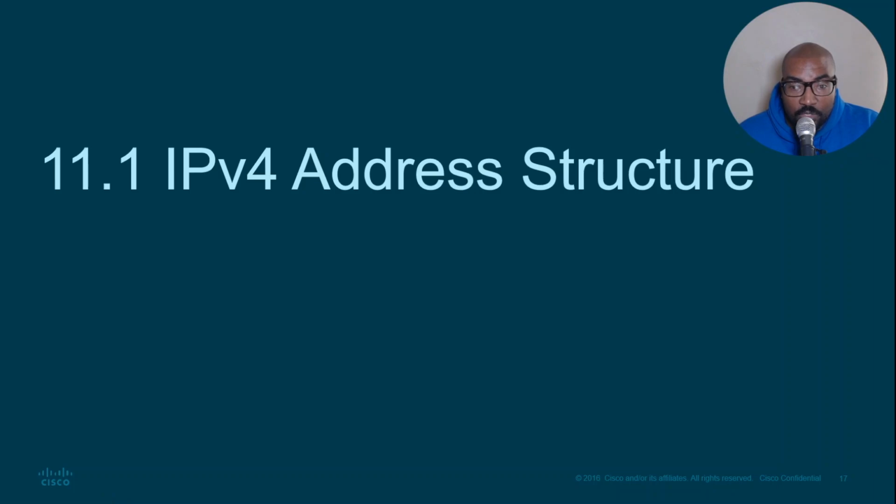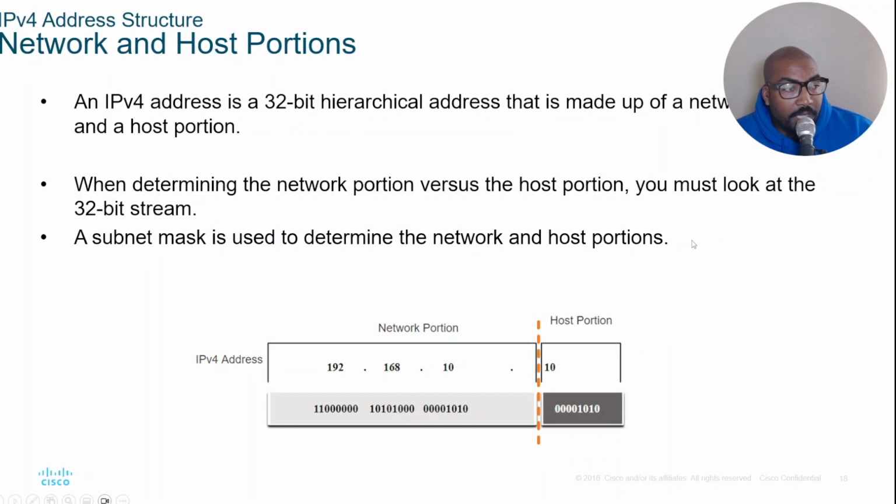IP version 4 address structure. An IP version 4 address is a 32-bit hierarchical address that is made up of the network portion and the host portion. Okay? So when determining the network portion versus the host portion, you must look at the 32-bit bit stream. And the subnet mask is used to determine the network and the host portion. So very important. We're going to get into a lot of this because this tells you what the network portion is, or essentially the network ID, and this is going to tell you what the host bits are. So one part is going to be static, the other side is going to be very, very